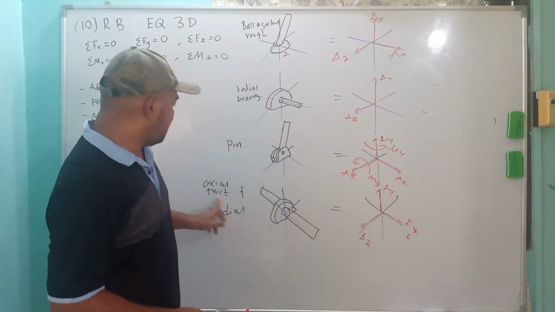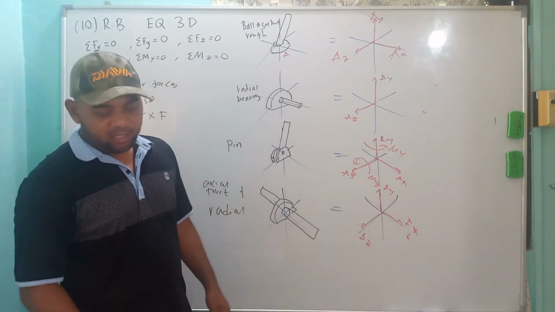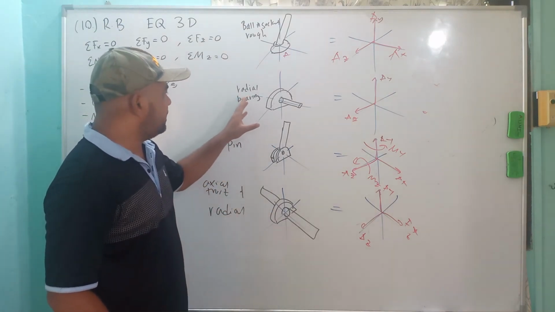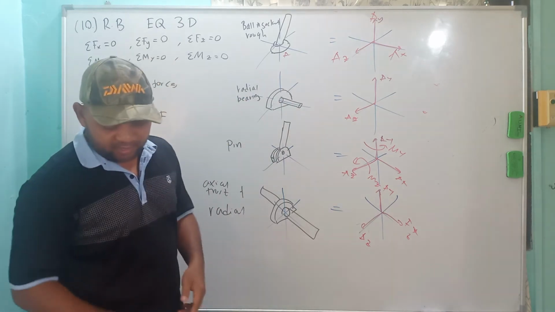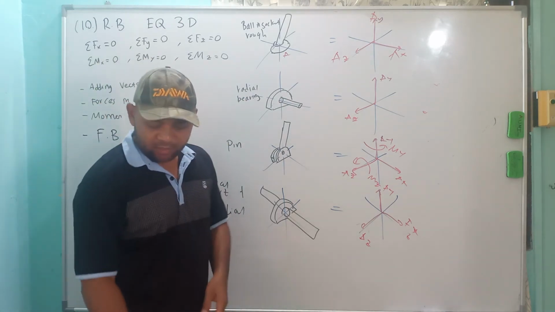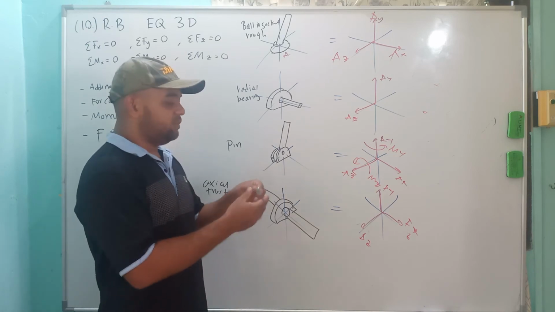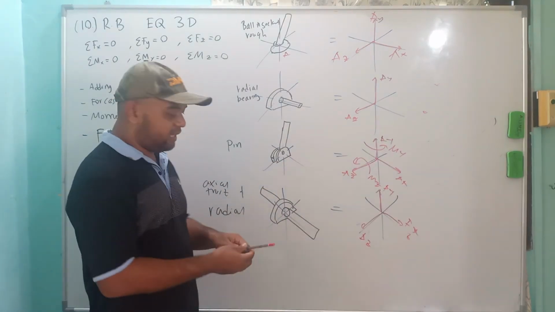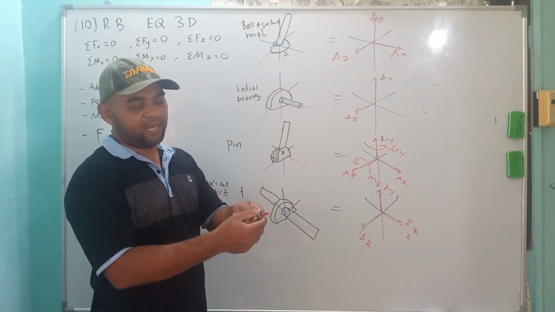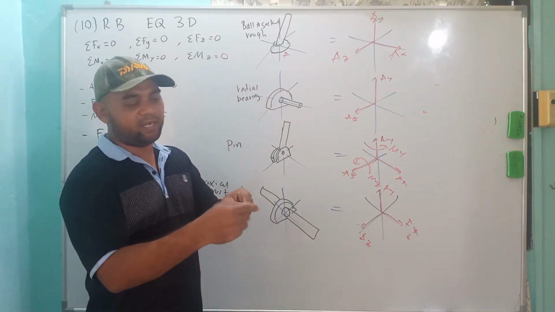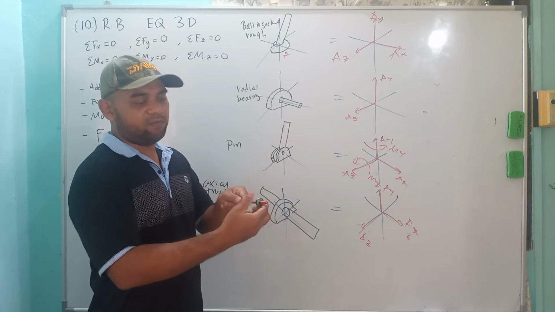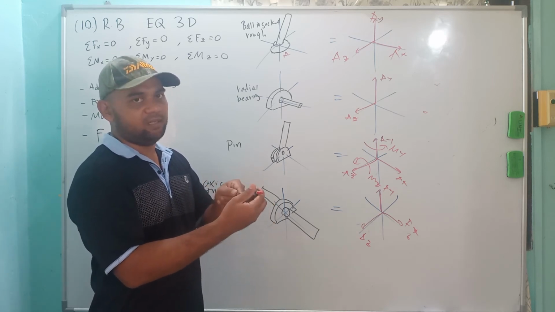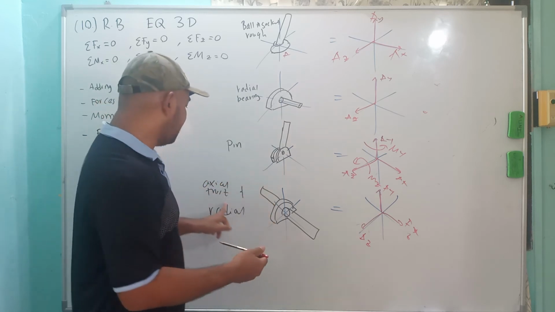But for the axial thrust and radial bearing, the bearing that supports radial movement and axial thrust, meaning that here we have this bearing, which is different from the first one, which can freely move. Now this bearing fixes the inner part of the bearing to the shaft, so it cannot move, it is still. Once it is still, we call it an axial thrust bearing.